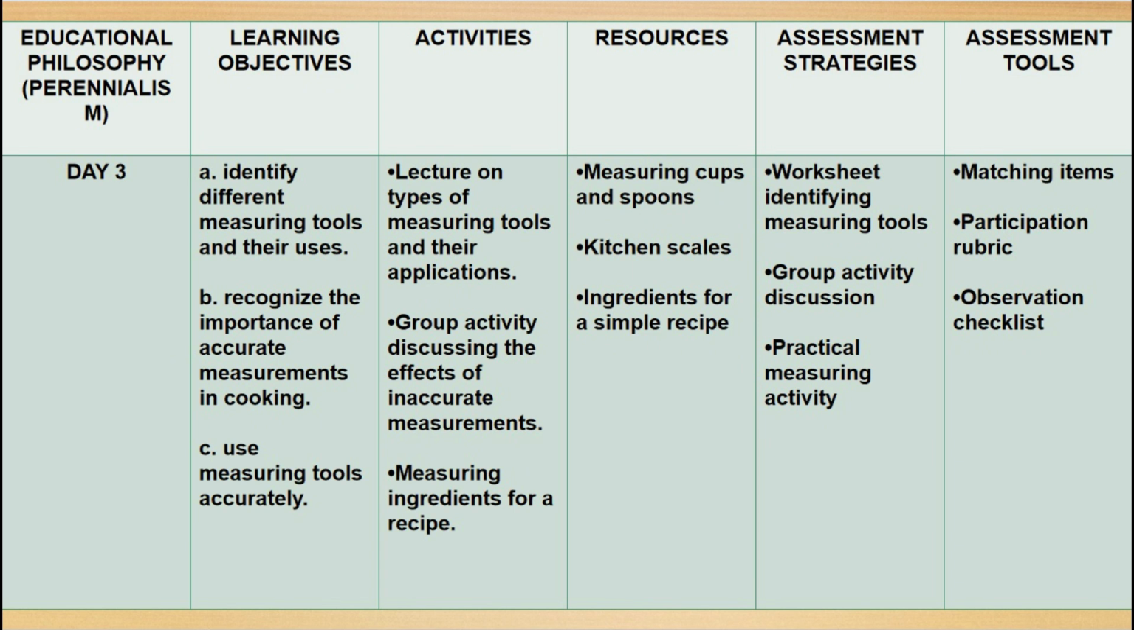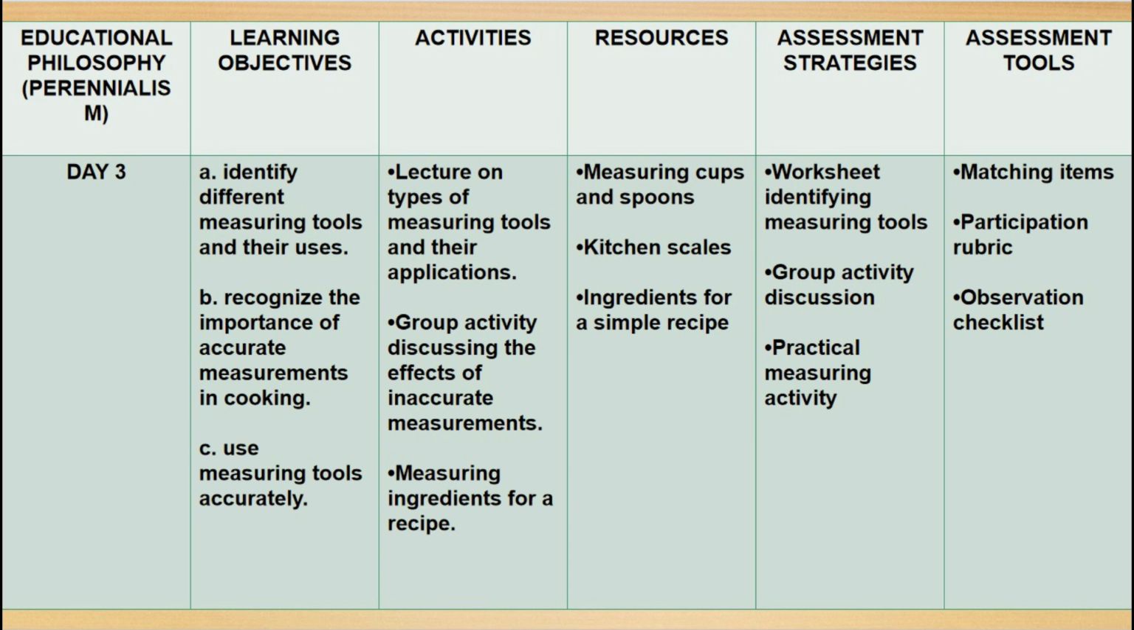small amount of ingredients. Then in affective, which is the participation rubric, the description of this is a rubric used by the instructor to evaluate students' participation in group discussion. This tool assesses student recognition of the importance of accurate measurements. So an example of that is the criteria might include actively engage in discussion, contributes relevant points, and demonstrate understanding of